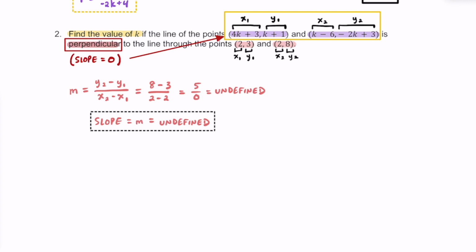So let's focus in on these 2 points over here and figure out this expression for the slope. Plugging in the y2, y1, x2, and x1, we're going to get this expression right over here. And if we distribute these negative signs to these second expressions, we can clean this up a little bit and then write